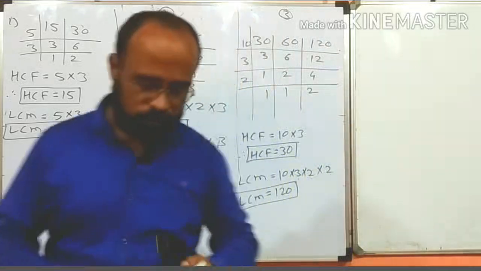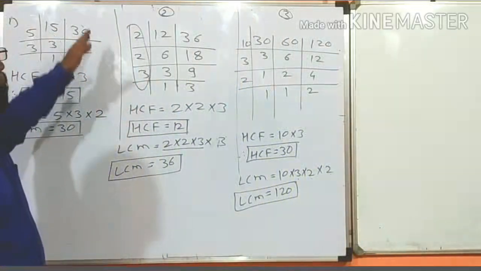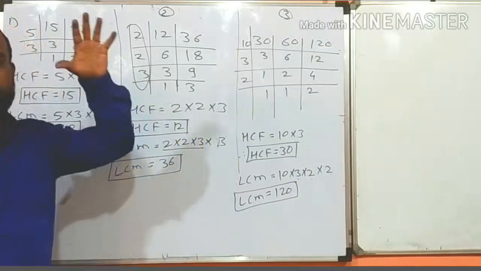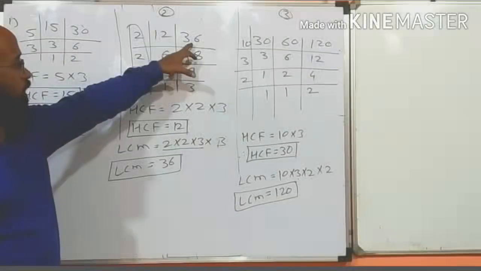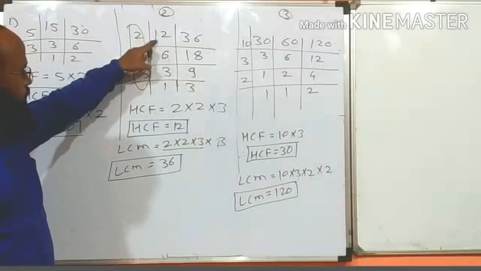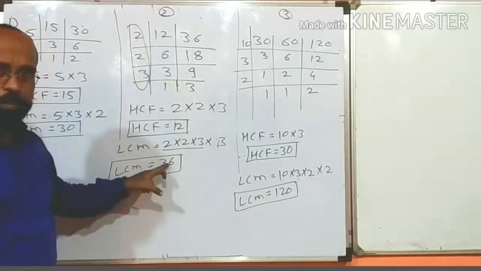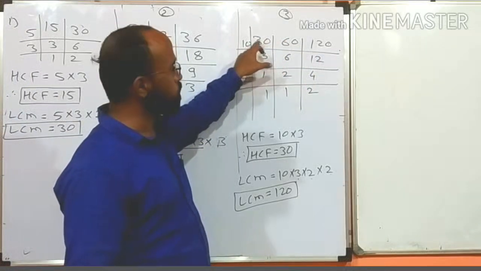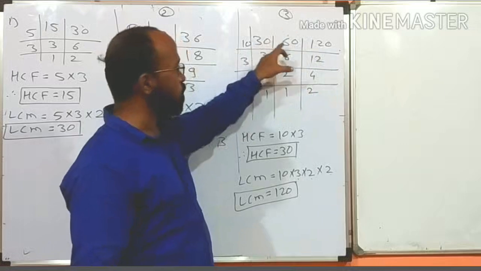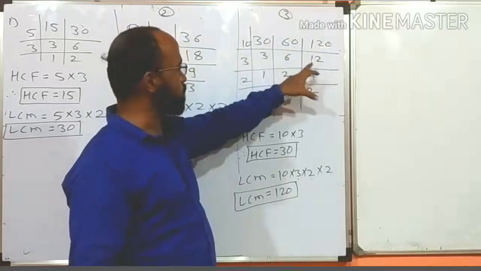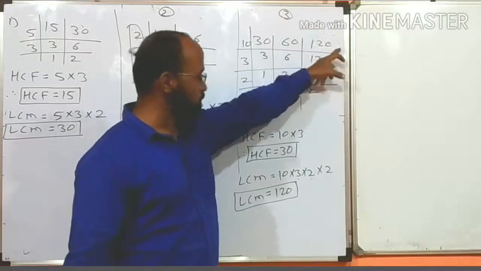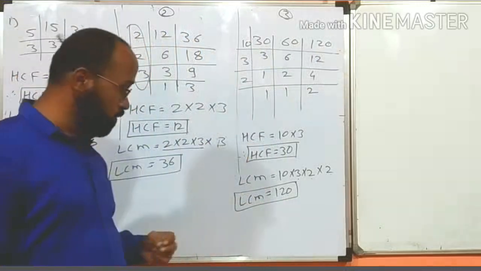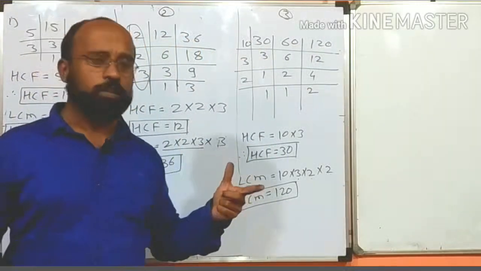We derived one very interesting rule. The rule is: if bigger number is divisible by smaller number, then HCF is that smaller number and LCM is the bigger number. If all bigger numbers are divisible by all smaller numbers, then LCM is the biggest number and HCF is the smallest number. Got it? These rules we have to use in future to quickly identify the answers, nothing else.